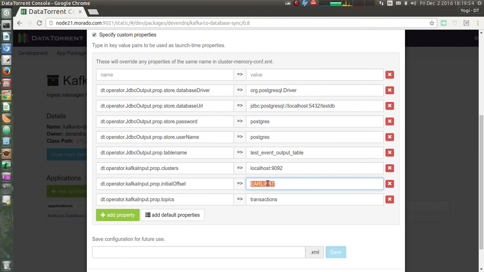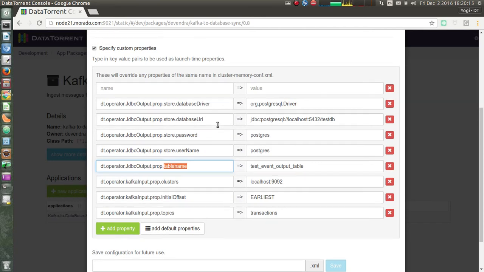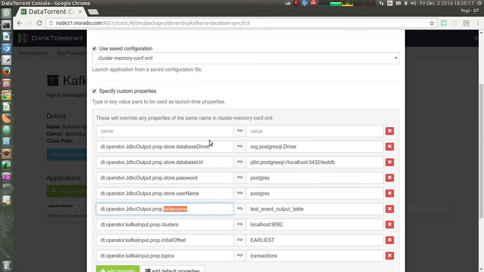For example, earliest is equivalent to from beginning in Kafka. And then on the JDBC output side, it asks for the database driver, the connection URL string, username, password, table name to which we want to write the data, and such information.